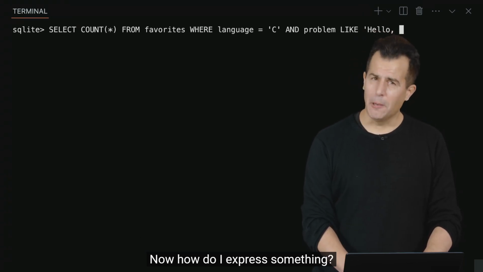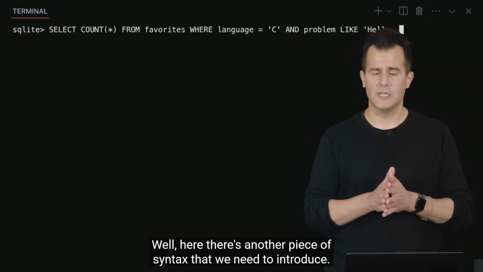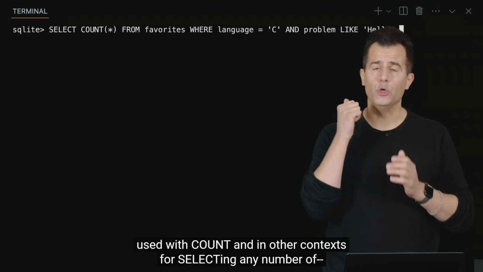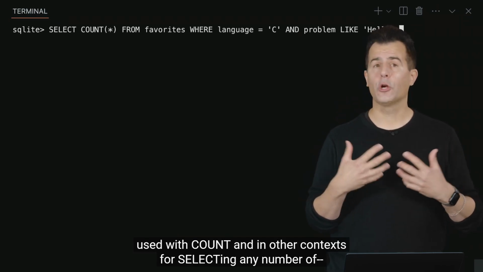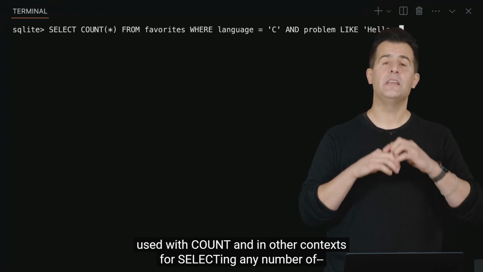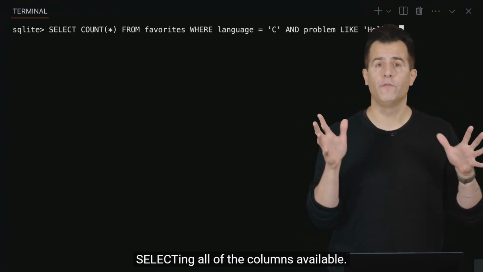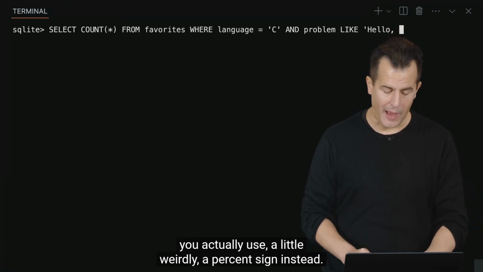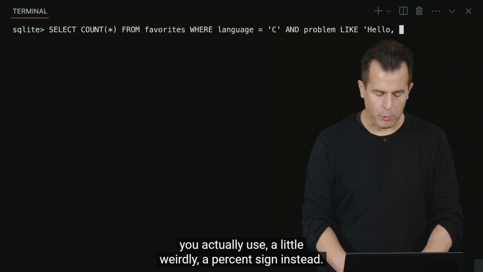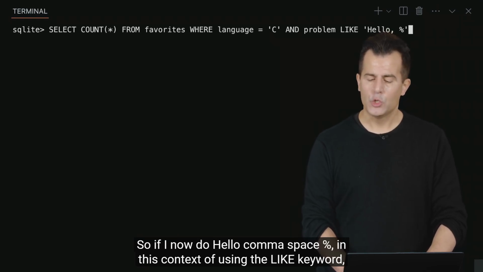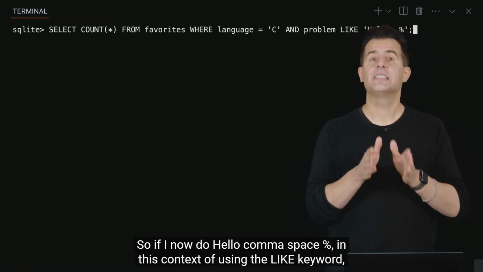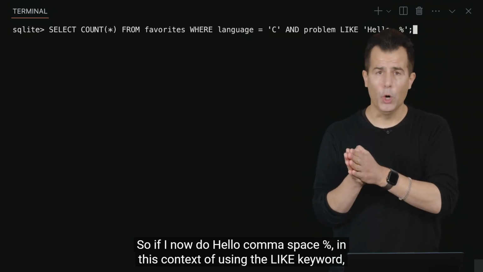Now, how do I express something? Well, here there's another piece of syntax that we need to introduce. We've seen the asterisk, or the star, being used with count, and in other contexts for selecting all of the columns available. But when you use the like keyword, if you want a wildcard, you actually use, a little weirdly, a % sign instead. So if I now do hello, comma, space, %, in this context of using the like keyword,